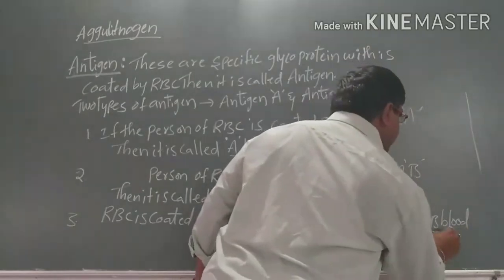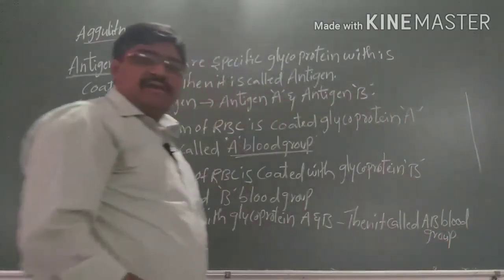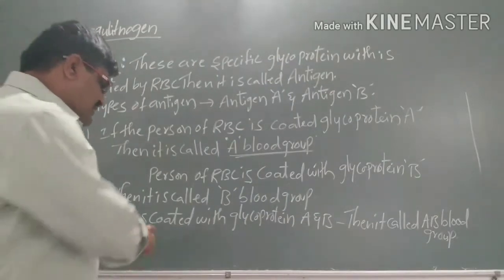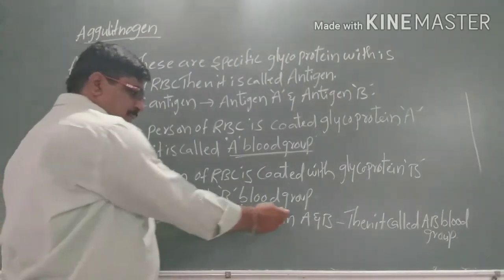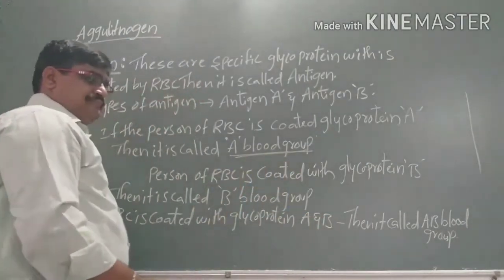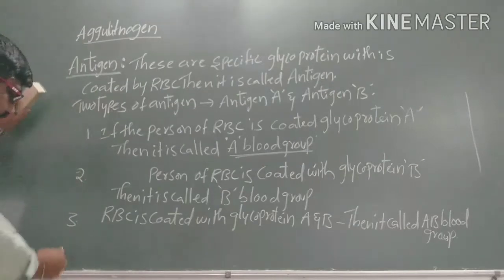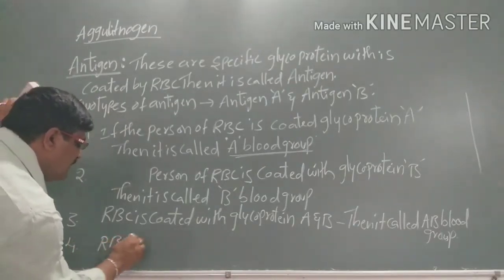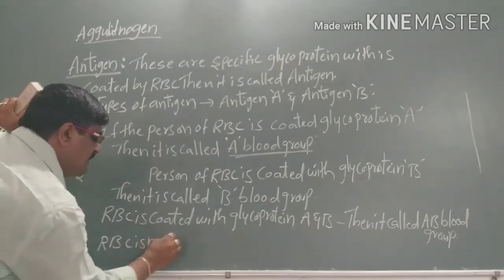Then it is called as AB blood group. That means if the RBC is coated with glycoprotein A and B, then it is called as AB blood group. And the last one, if RBC is not coated